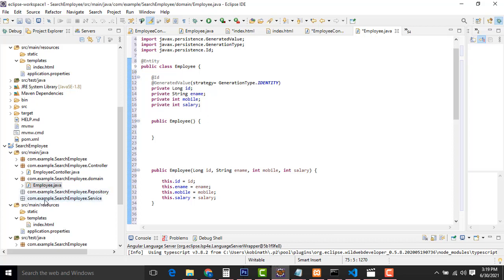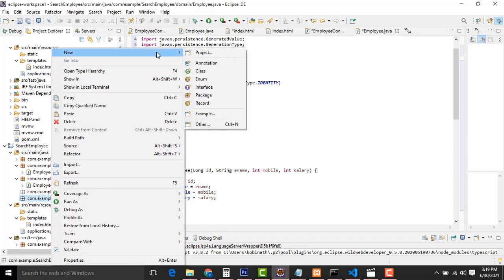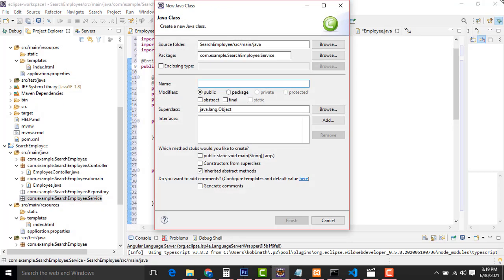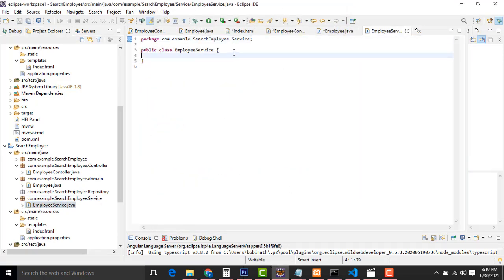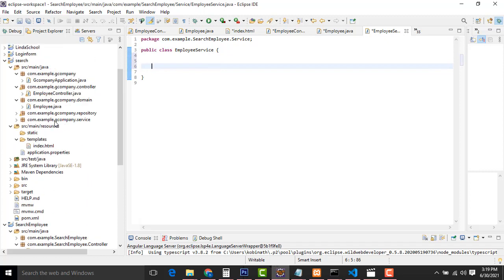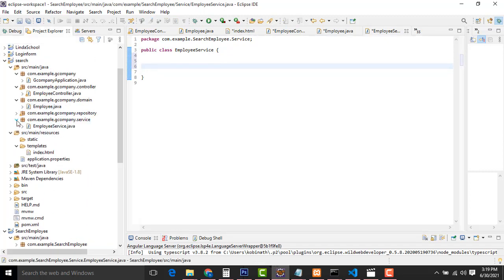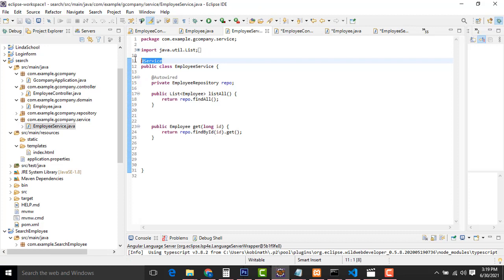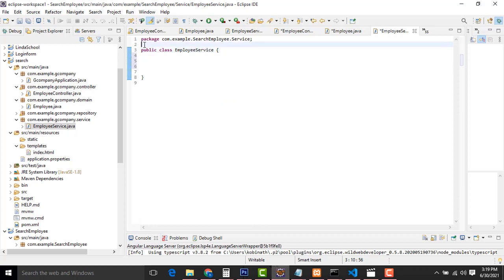After that, we have to go to the service, right? First, we have to create the controller, domain, after that service. Finally, it interacts with the repository. So here, after the service, we have to create a new class, employee service. What I did here is the same thing, employee service. We have to put the annotation, like this, annotation here, right.